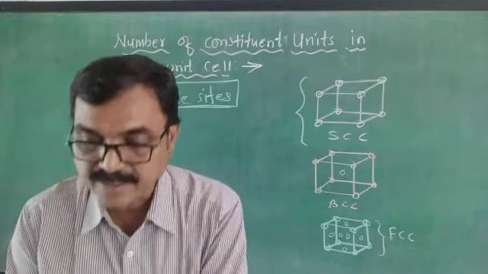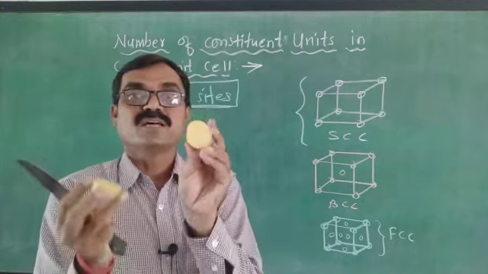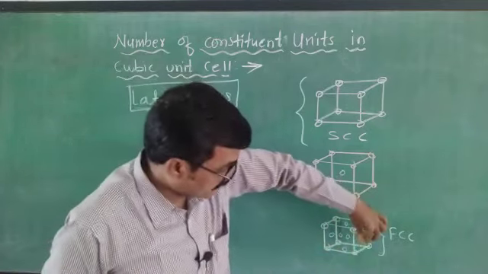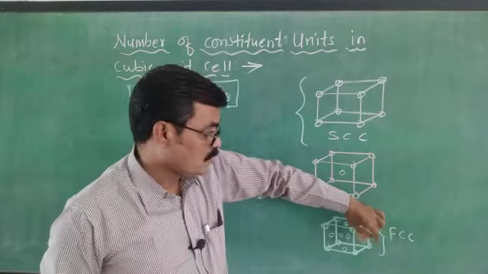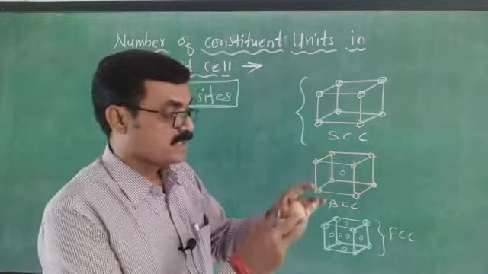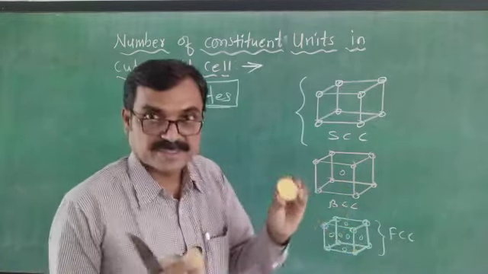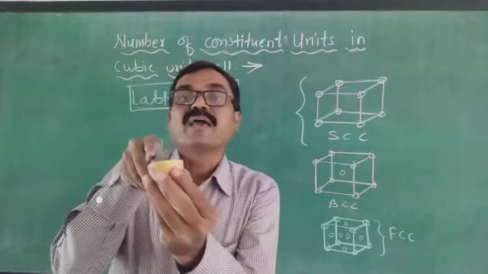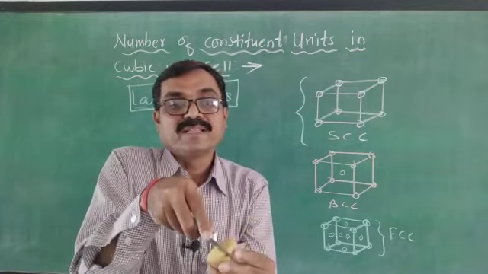We have to cut it from the center. If we cut it from the center in this way, see, this is a half portion, this is one complete atom, this is a half portion, and this atom is present at the center. This is a whole one atom at the center, this is a half portion, and half portions are at the 6 faces. Now if we cut this half portion again from its center in this way, see carefully, you will get this one.